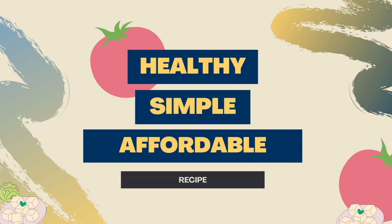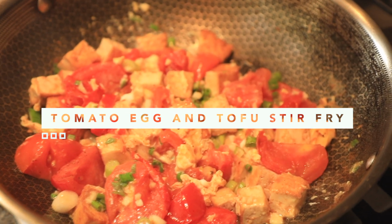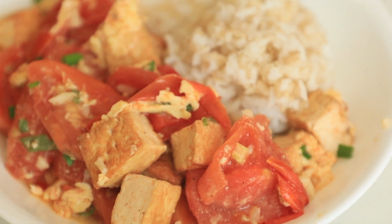Are you a busy college student and need a recipe that is quick, healthy, and simple to make? If yes, this nutritious tomato, egg, and tofu stir-fry recipe is perfect for you, and it can be part of